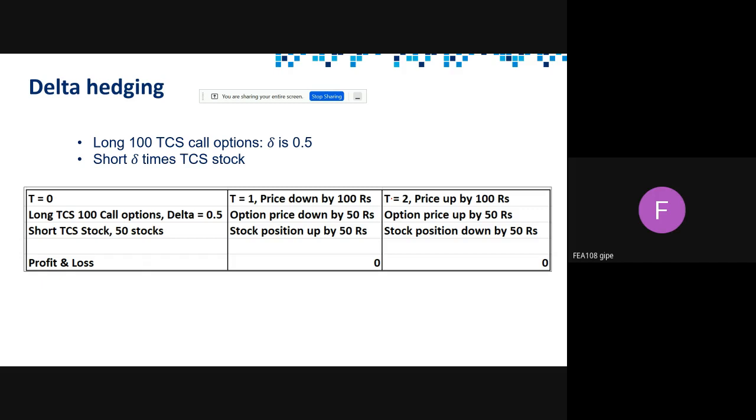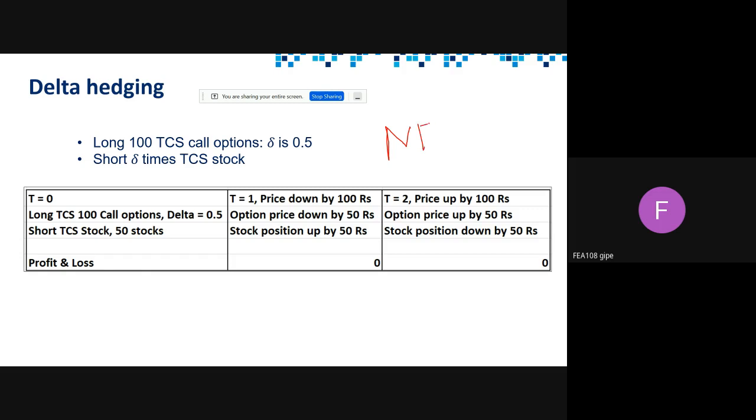So delta we estimated using Black-Scholes, right? Black-Scholes is nothing but Ito's lemma. Forget about all the complications; you can have hundreds of things to estimate the option price. It could even be a Monte Carlo: you run thousands of simulations with some probability and you estimate the price. We'll come to Monte Carlo later, but right now we are just concerned about